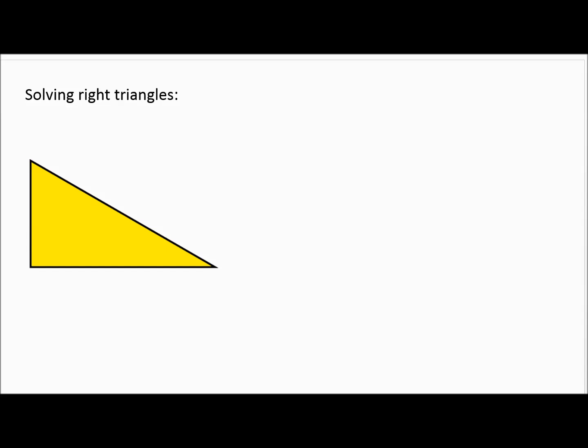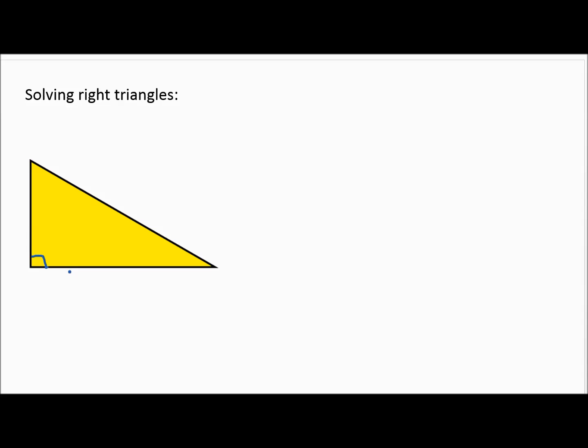But all of these problems are going to involve a right triangle. So I've got an example of a right triangle for you. Now, this one, we really don't know it's a right triangle, not officially. I mean, how do you know this isn't really like 89 degrees? So you're always going to be given this little square in the corner. It may look more square than that one, but you're always going to be given some square in the corner